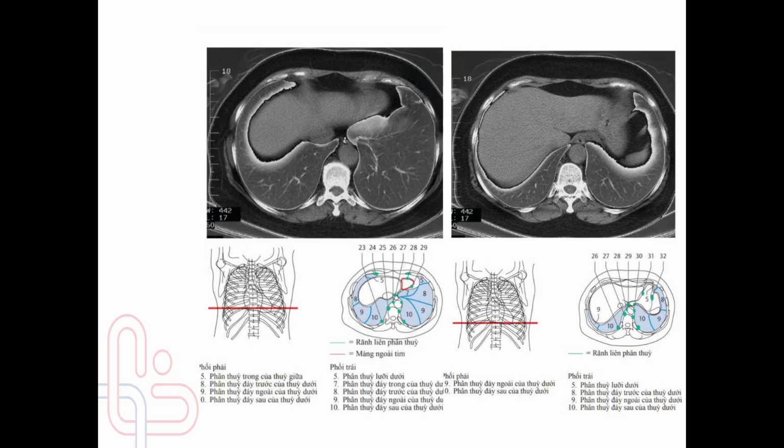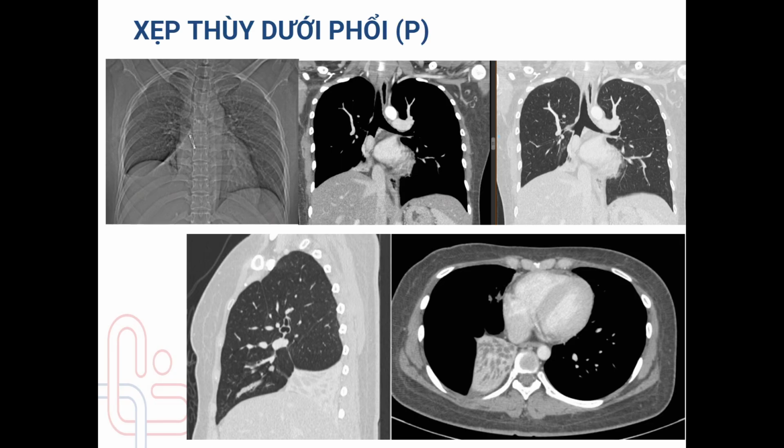Finally, at the level of the left atrium, the CT demonstrates the full anatomy of the lower lobe. The superior segment appears posteriorly, while the basal segments, anterior, medial, lateral, and posterior, spread out like a fan along the diaphragm. The symmetry and predictable arrangement at this level make it a key reference point in distinguishing infectious,